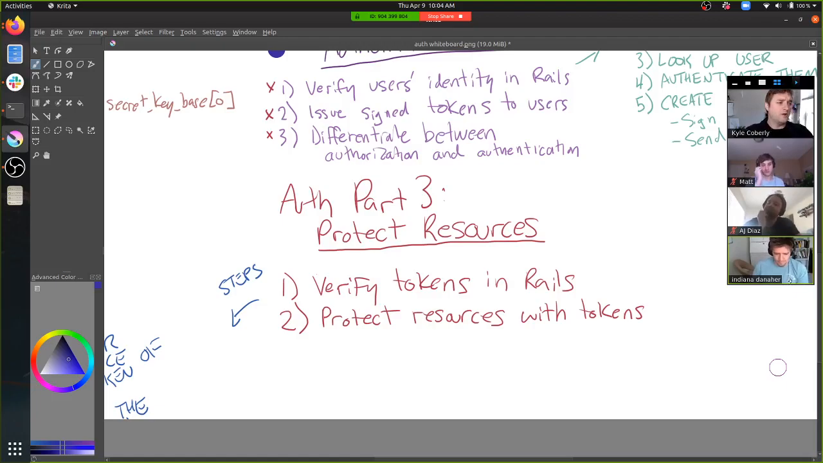Cool. So the goal here is to take those tokens that we were issuing in part 2, and if somebody sends one to us, we should be able to decode it and get whatever we need out of that and do stuff with it. And then maybe you have some routes that you have to have a token for, and maybe some other routes you don't have to have a token for, and we'll play around with that a little bit. So first,